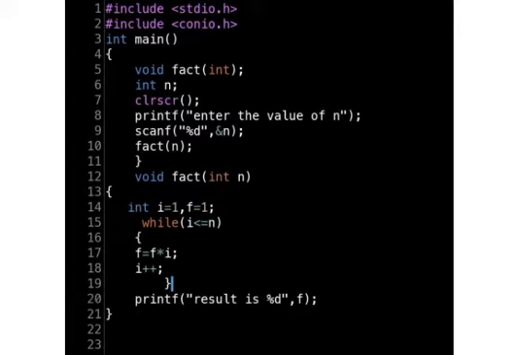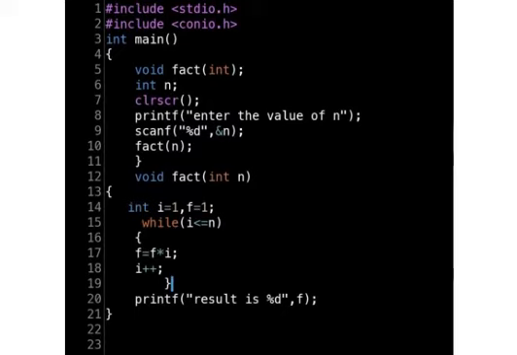What are the basic variables required to find the factorial of any number? We need n as input, f as output and i as your loop variable. Look at line number 14 clearly. We need to declare the variables which are required for the logic inside the function definition. Look at line number 12, int n. To find the factorial of any number, we need the n value. So for any particular program logic, the input variable required has to be put within brackets in the function definition.